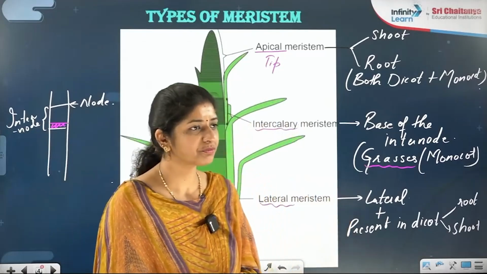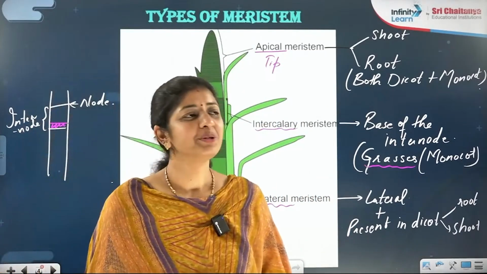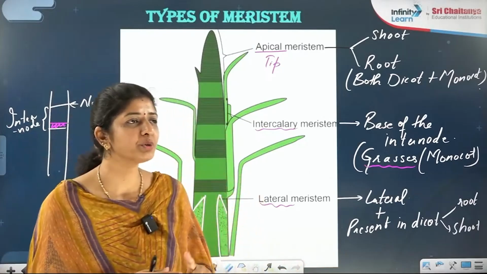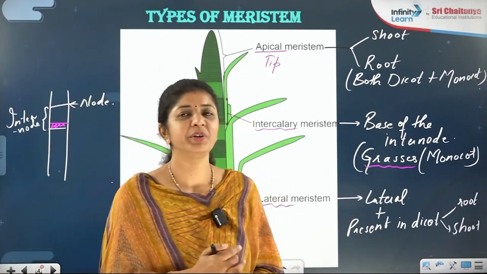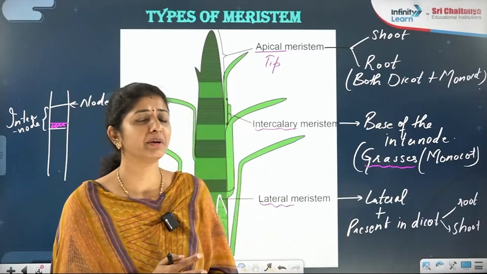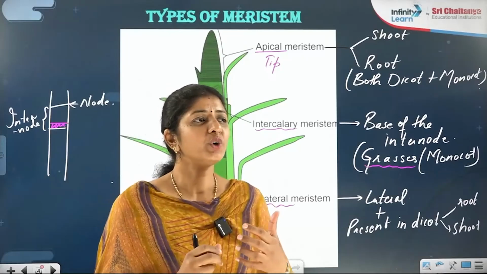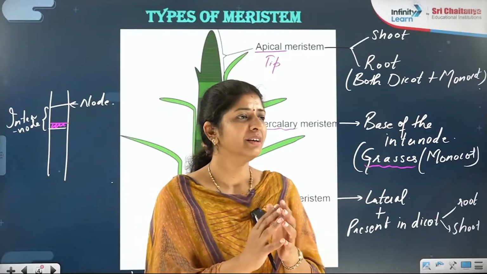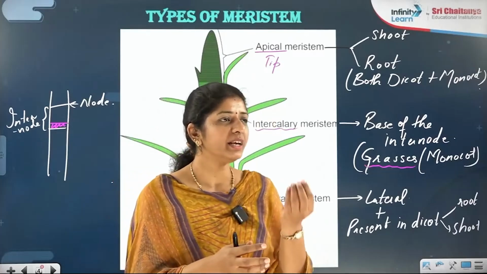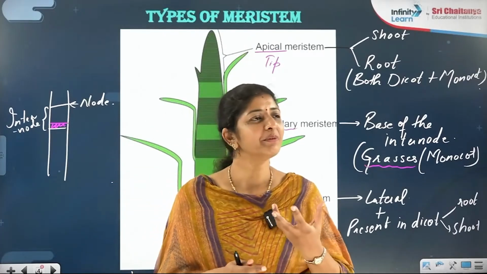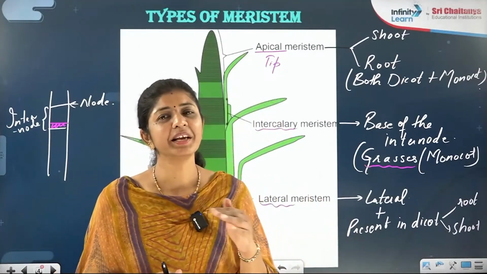Is that clear? Cambium examples are so many, right? You will learn about further more terms. That's why I'm not using them here. If you want, there is interfascicular cambium, intrafascicular cambium, vascular cambium, cork cambium, right? So I don't want to go into that many things in one go. Just eat bite by bite. It will help in proper digestion, right? So that's why we have to go only with the basic things.